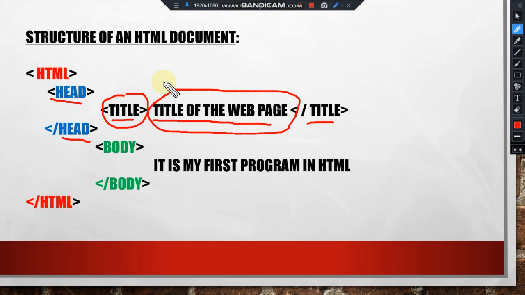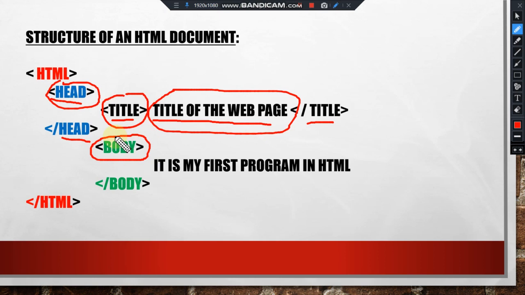Now next, head is the first element contained inside the HTML element. You have all seen that this is the first tag which appears under the HTML tag. Now next comes body. This contains the actual content which appears on your web page.